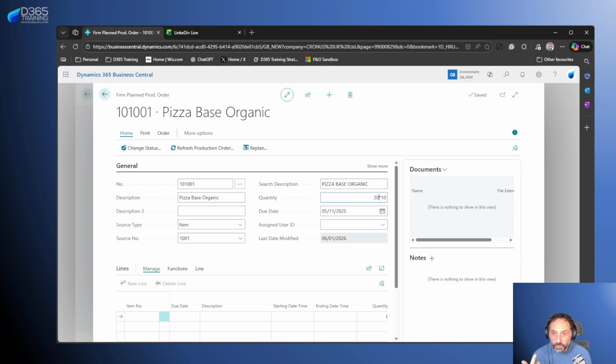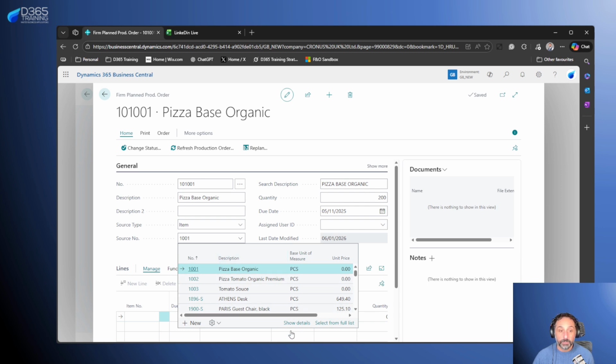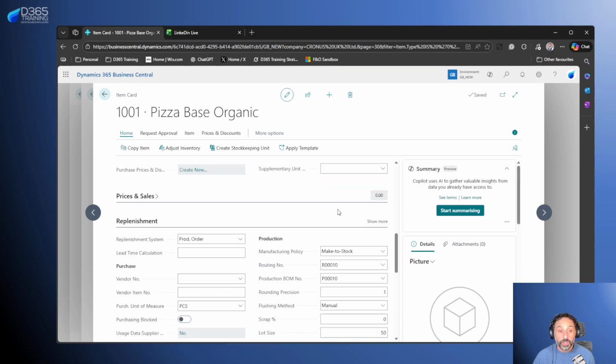Surely the single production order is more efficient. Right, it is efficient as far as the application is concerned. For software, for the app, and for who creates the order. If I create the order manually, it's easy for me to do something like this. However, because my pizza base organic is set up and configured with a